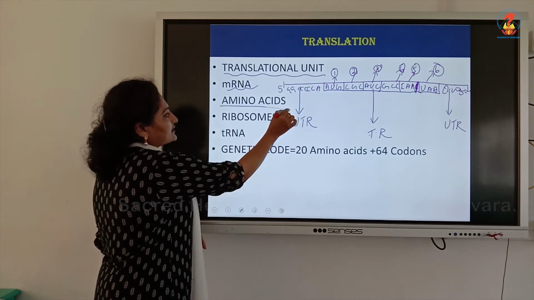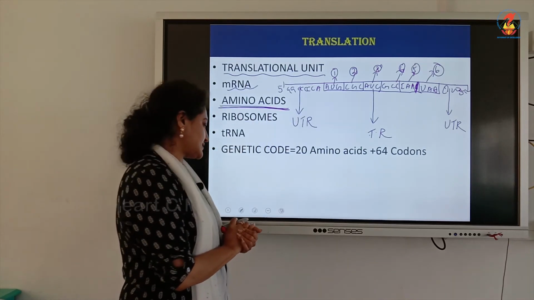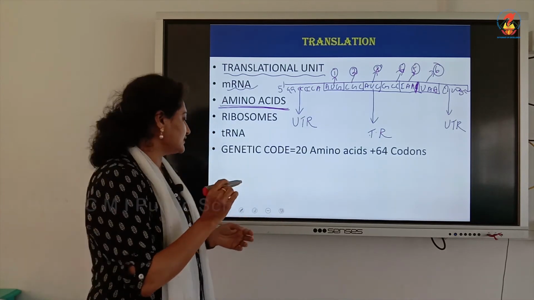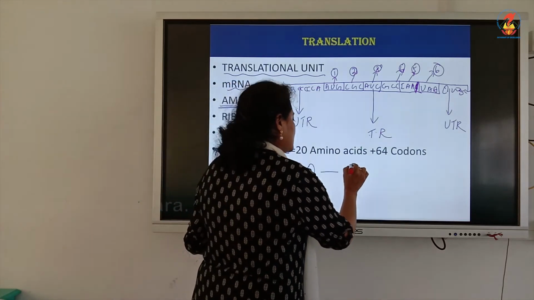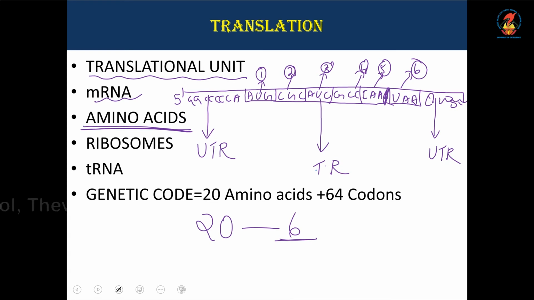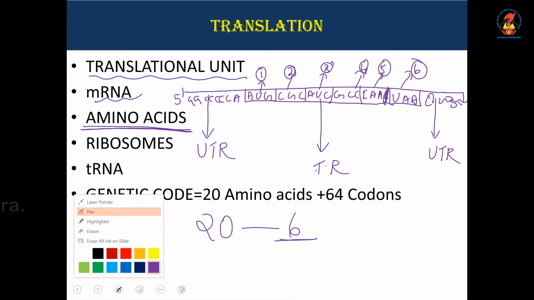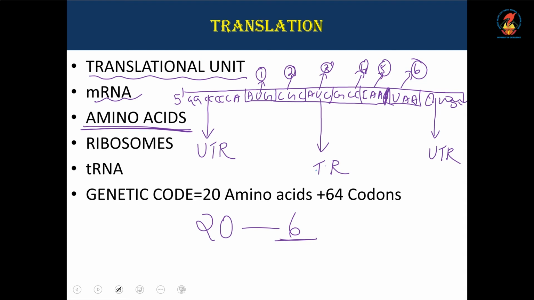Next, amino acids. The next important component is the amino acids. You are all familiar with the amino acids. There are nearly 20 amino acids. Of these, nearly 6 amino acids we have learned across different lessons, so let us recollect them. In the very same lesson we learnt about the 2 amino acids which impart positive charge to the histones. Which are the 2 amino acids that give a positive charge to the histones? Arginine and lysine are the 2 amino acids which we learnt in DNA packing,